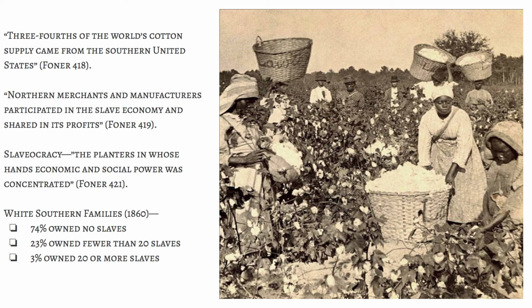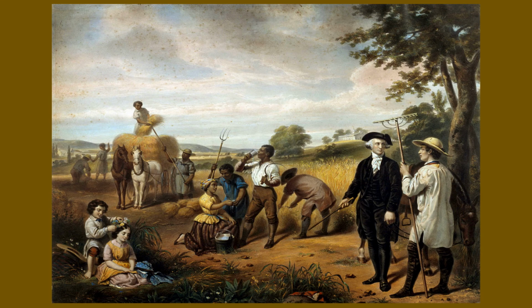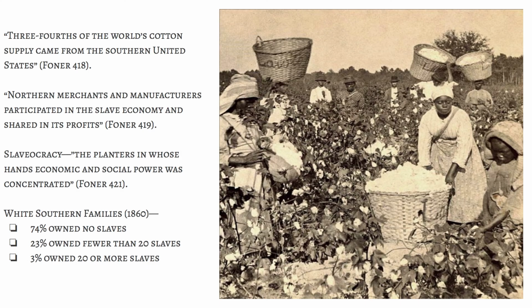The people who own the slaves also own a lot of land, a lot of the best land, right? They're called the planter class, or sometimes they'll be referred to as the slave power, slavocracy. An aristocracy based on slave ownership. So 3% of the population own 20 or more slaves. There are about 23% of people who own at least, maybe 3 slaves, maybe 10, somewhere below 20, but they own at least 1, right? And then 74%, 3/4 of the population of white Southerners don't own any slaves.